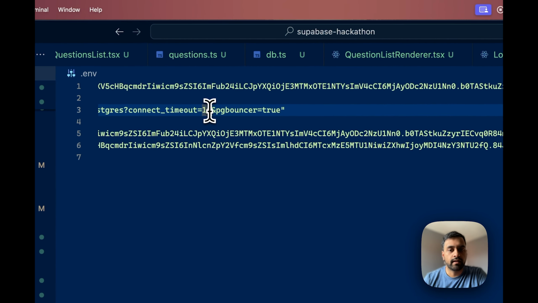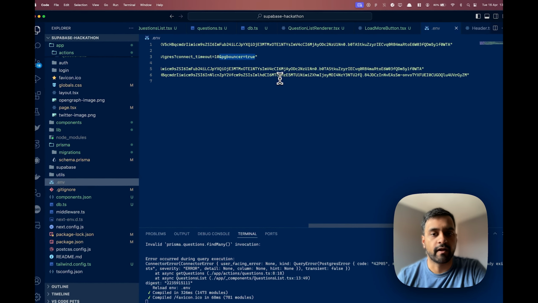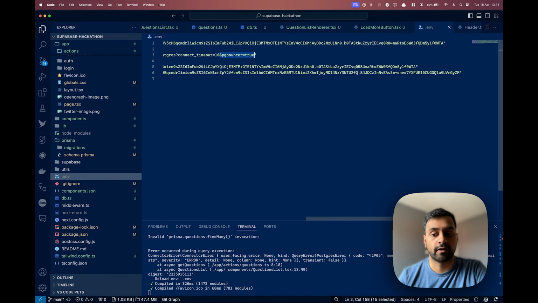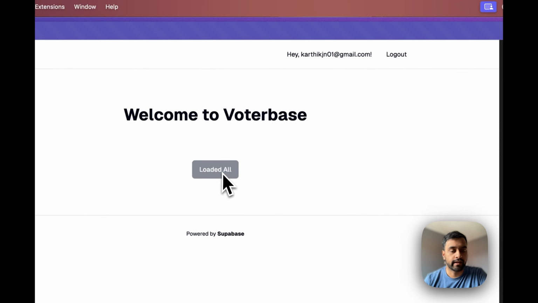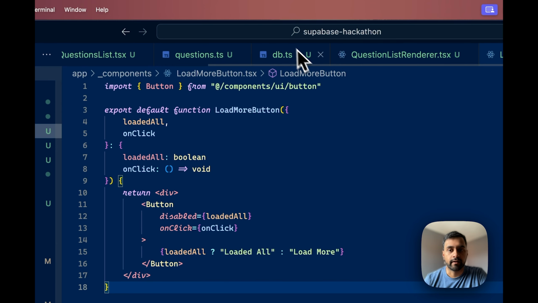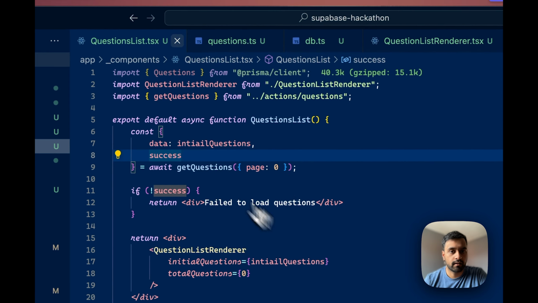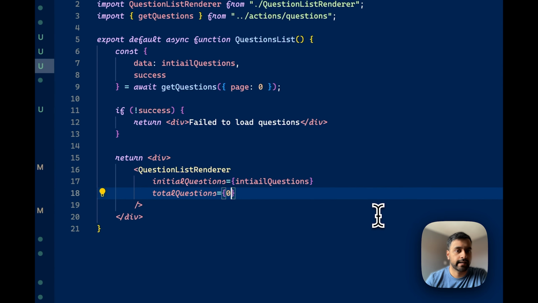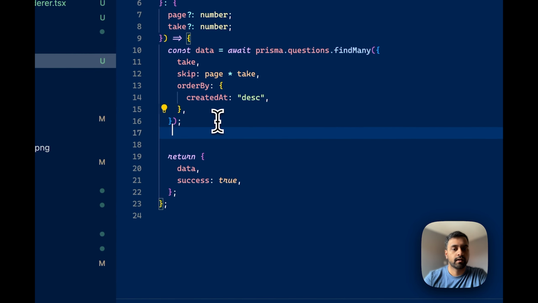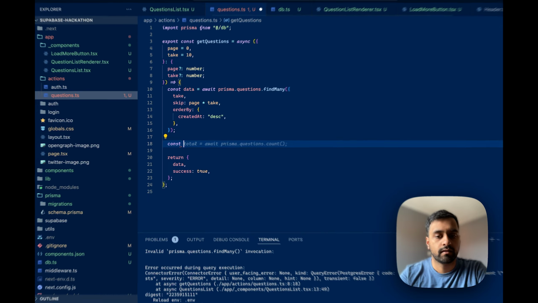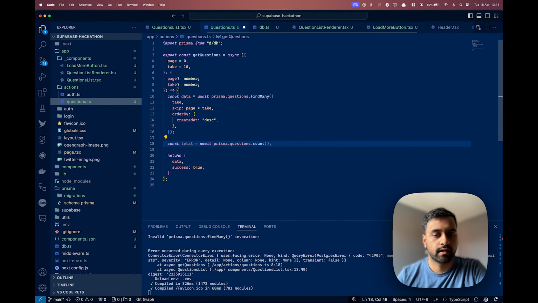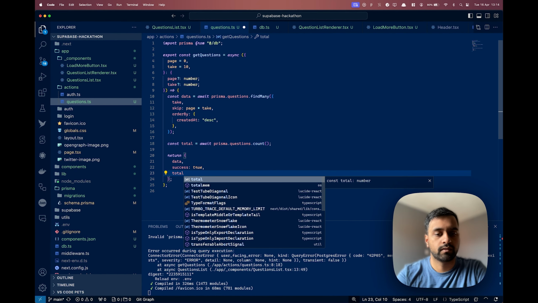Cool. So the issue here was that I was missing this from my environment variable, not the direct URL, but the general Postgres URL. So you just add that and then hopefully that should be fixed. And as you can see, that's working perfectly. Okay, rather than hard coding in 100 or 0, let's actually figure out how many it loads. So get questions, and we want to do this here. Total equals that. Total